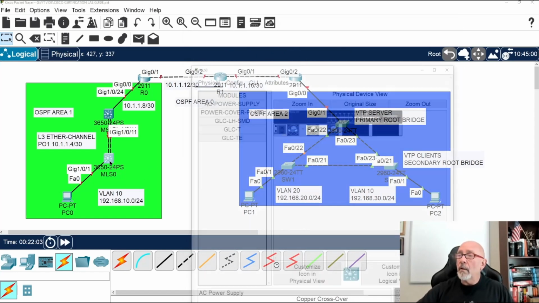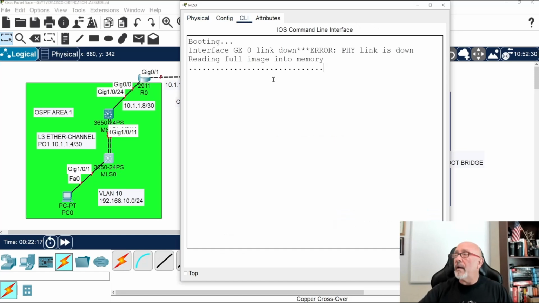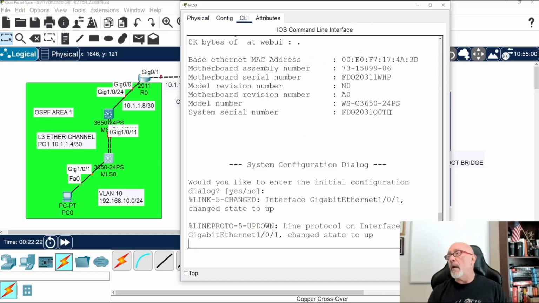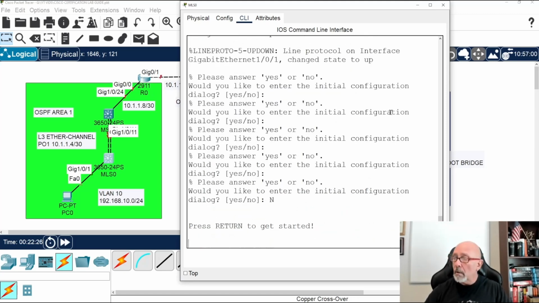I'm going to go to the switch. I don't want to make this a 2-hour video. Okay. Oh, see, it says it must be powered on. No power supplies. I put in 2, not that you need to, but I just don't like seeing that hole there. Okay. I'll wait a little bit, because if it's booting up and you do it too quick, it won't let you. All right, so let's wait till it boots up. Oh, that's quick. All right. We're going to say no.